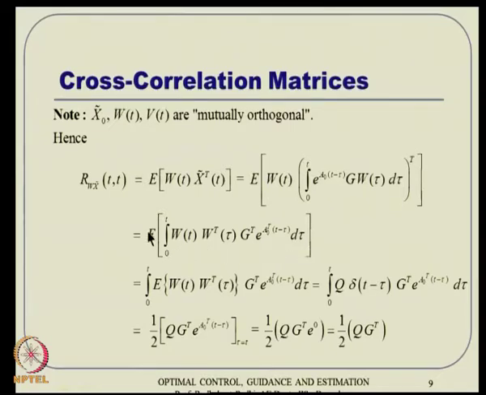Okay. Then expected value is a linear operator, and the integral is also a linear operator, so these two will commute. So expected value can be taken inside, and remember, these things are not random variables, these are deterministic quantities, so they do not have to be part of the expected value. So expected value turns out to be this, but this by definition is nothing but q times the Dirac delta function,